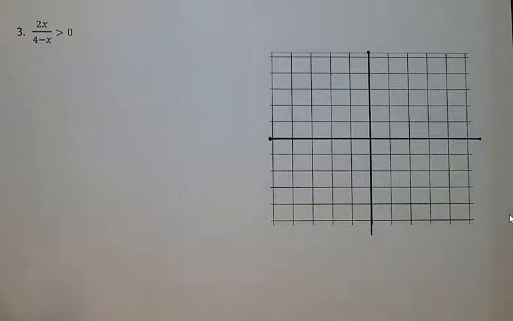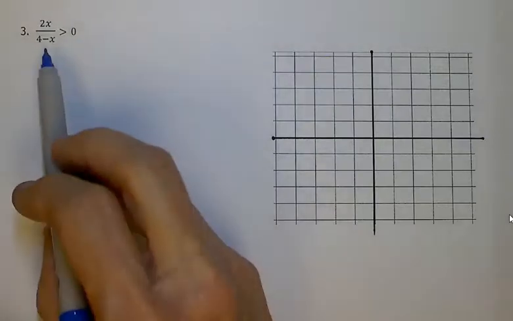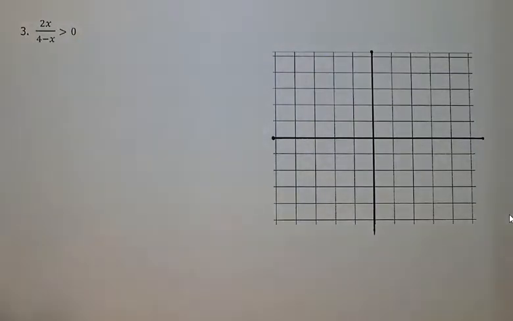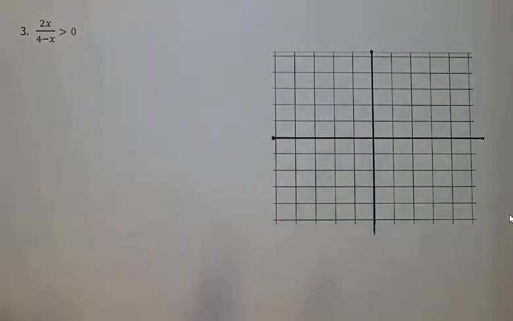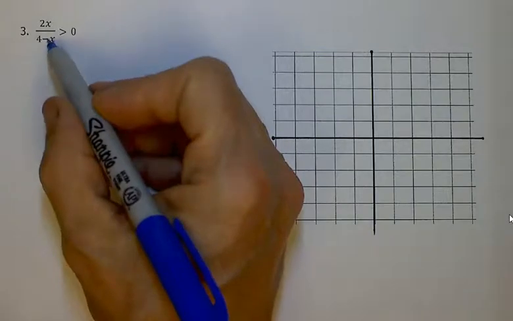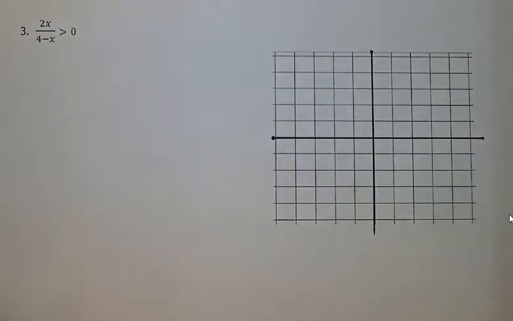Let's look at one more example for a rational inequality. This time we just have the inequality. We don't already have a graph drawn for us. So we're going to have to sketch in the graph first before we can go through our process. What we're looking for here, as far as drawing our graph, is the locations of x-intercepts, vertical asymptotes, and holes